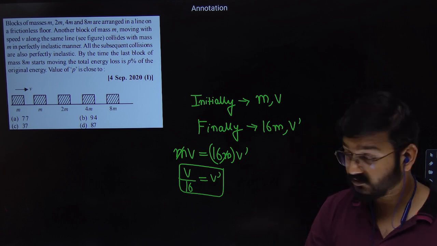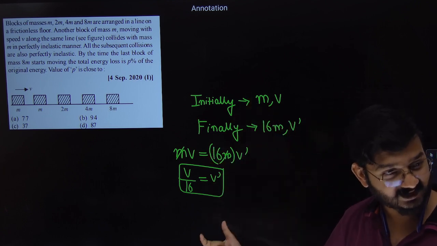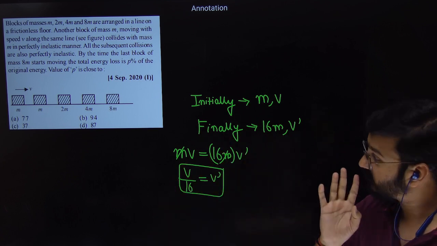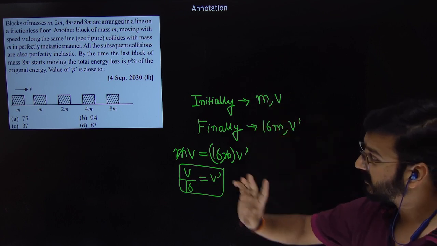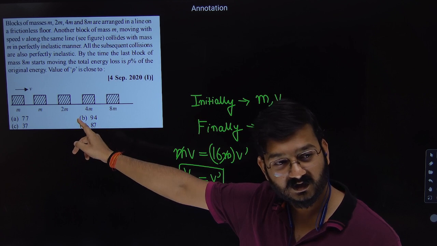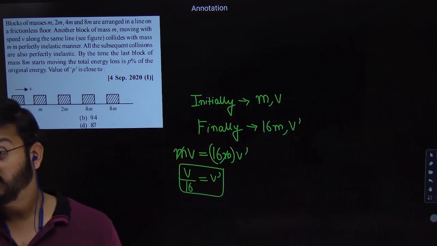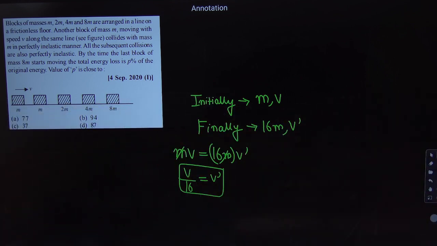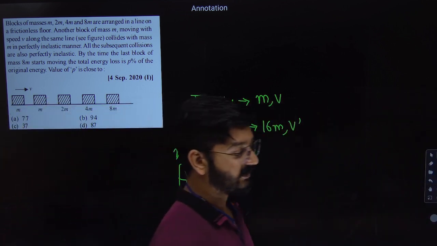If your calculation is not good, after that you will solve. You will find initial, you will find final, subtract, multiply by 100. But if your calculation is good, you will say, sir, I can see 16 is the extra factor. 1 minus 1 by 16, 15 by 16. 15 by 16 is 0.93, means 94%. That's what I told, that we can solve this also within 1 minute. Solve it, check whether option B is coming or not. All of you, find both, subtract.